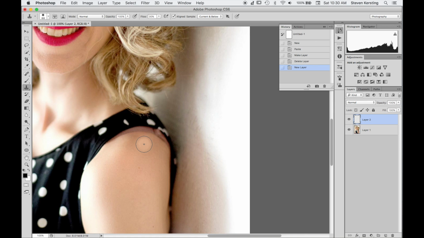To do that, on a Mac it's Control Option and click, and then if I go left and right I change size, and up and down with the mouse or pointer I change hardness. So I'm going to put the hardness around 25%, create a small area here, and I have my flow set relatively low, which means I have to go over it several times to build it up. We're going to select an area here, and we're just going to quickly clone out